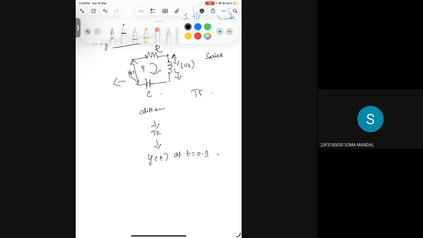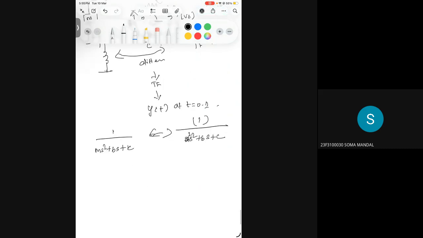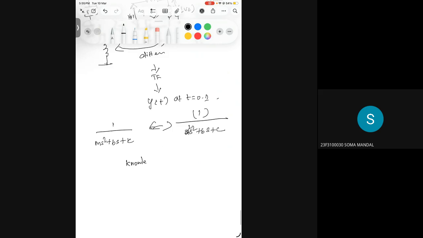Similarly, if this is electrical, maybe a mechanical system like a spring damper system. How do we write it? So this type of question will also be asked. If you see closely, both systems are the same, irrespective of their parameters. If you write the transfer function for this, you would get s square plus b s plus c, some above. Here it is going to be m s square plus b s plus k. So both are the same. That's why this knowledge of the transfer function will not be enough